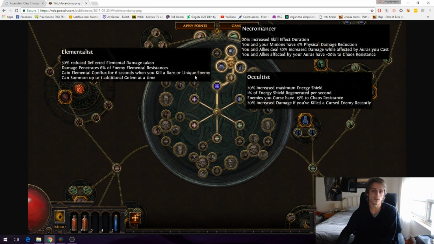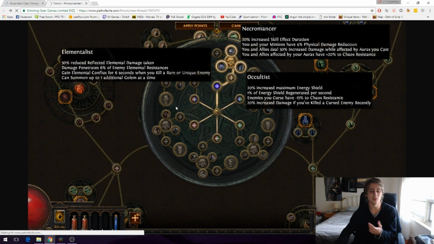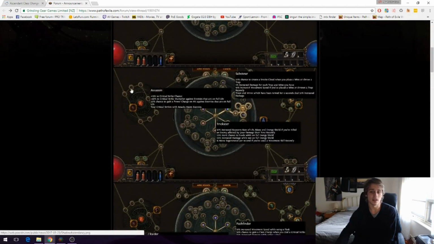When you're doing a lot of fast clear speed that a lot of builds do these days, that is going to be up 100% of the time, and that makes for insane clear speed. You can also have an additional golem, which is a pretty nice perk too. Combo this for any sort of good clear speed character with another random ascendancy like an assassin at the moment